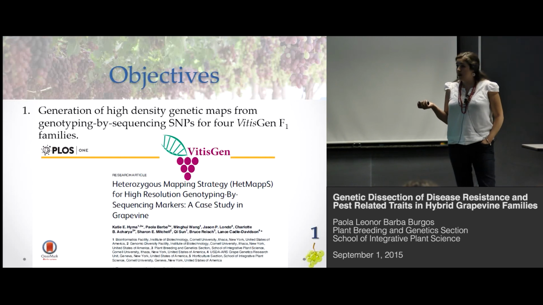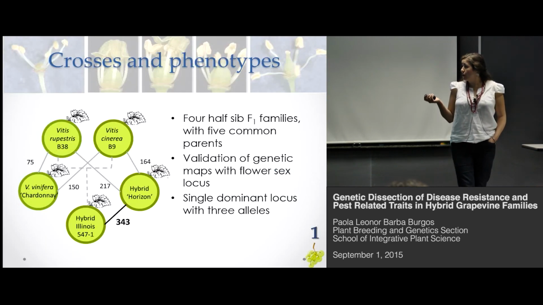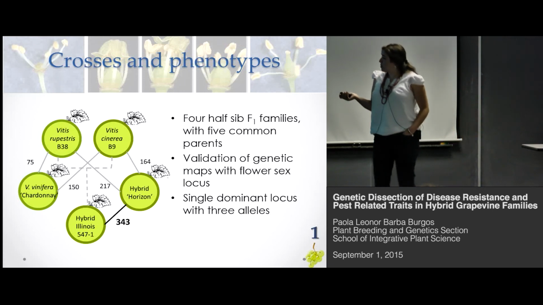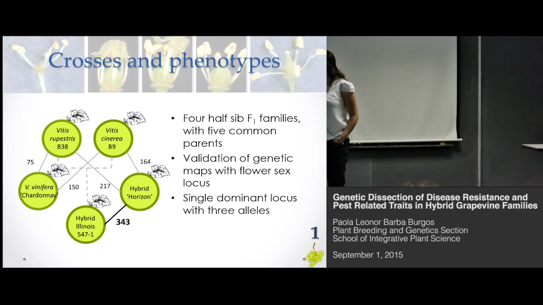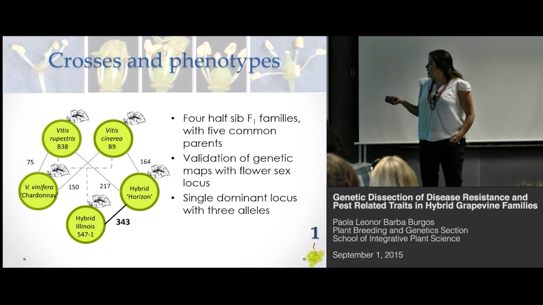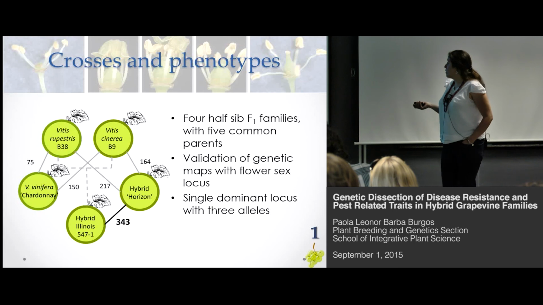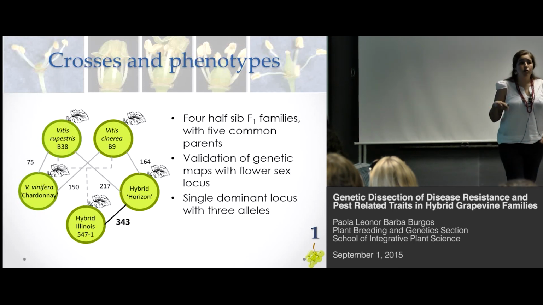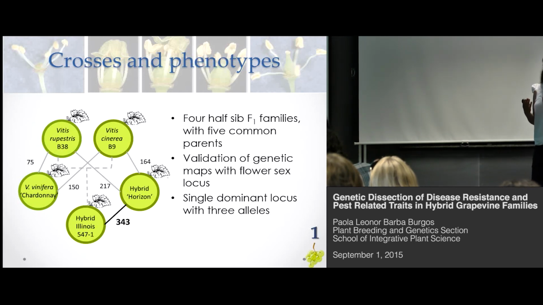For the crosses and phenotypes that we use in this work, I'm going to talk about 4 crosses. They are F1 families with 5 common parents. I'm going to explain a little bit here. We have crosses with Vitis rupestris by Horizon, Vitis vinifera Chardonnay with Vitis cinerea, Horizon by cinerea, Horizon by rupestris, and Horizon by Illinois. We use all these 4 populations to create genetic maps, and then we compare the parental maps created from different crosses. And we validate this with the